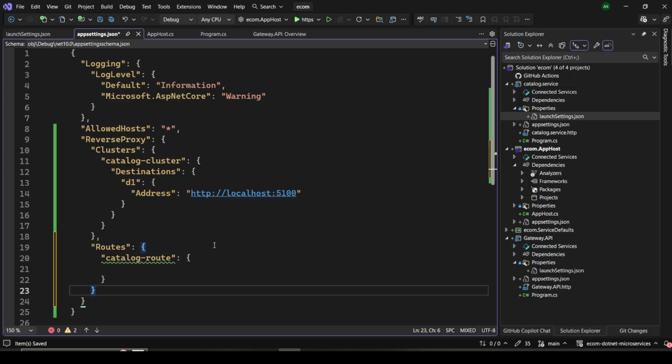Okay. Under the catalog route, if you mouse over, you need two record parameters. One is the cluster ID and the other is the match. The cluster ID is which cluster the request needs to go to based on the match. So let's define the cluster ID first. Here our cluster ID is